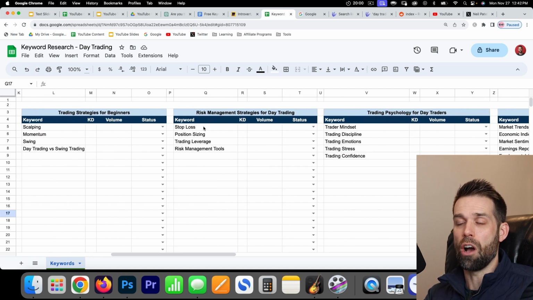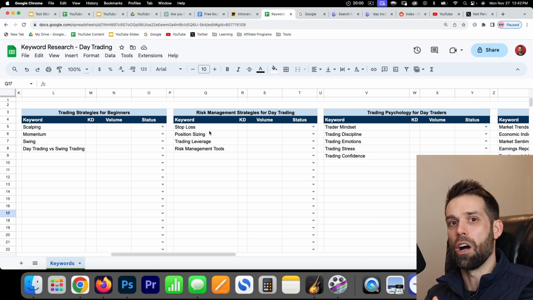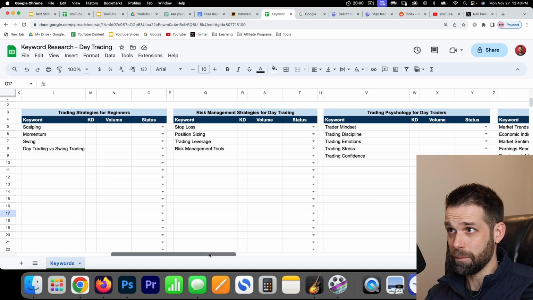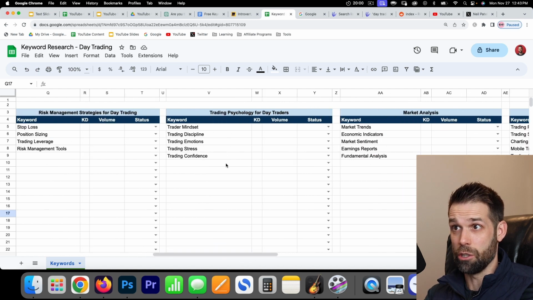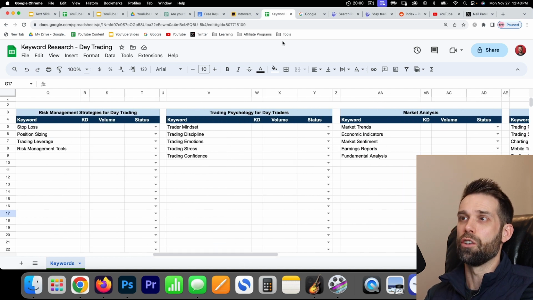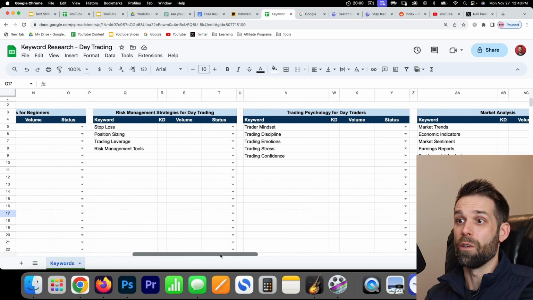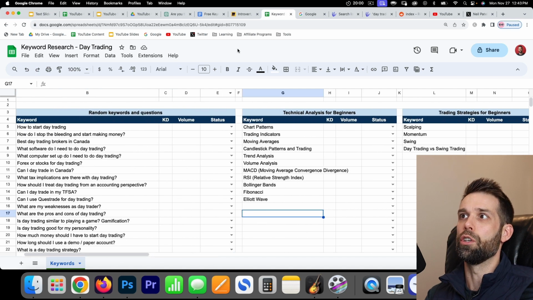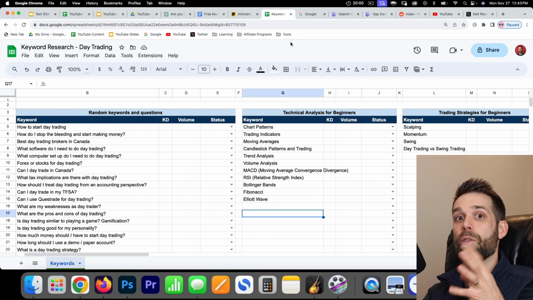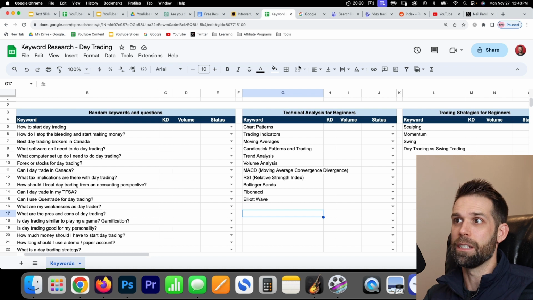Risk management, so stop losses. So, a full guide to setting up your stop loss. What's the best way to do a stop loss for stocks versus for Forex trading and all that kind of stuff. So trading psychology, that'll be a large section on the site, and so on. So sometimes ChatGPT, what it did in that previous video, it really helped us map out these sort of areas on our site. So now what we're going to do in this video is do some free keyword research methods,